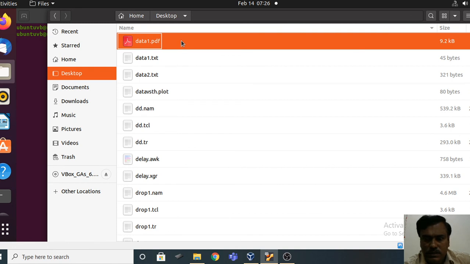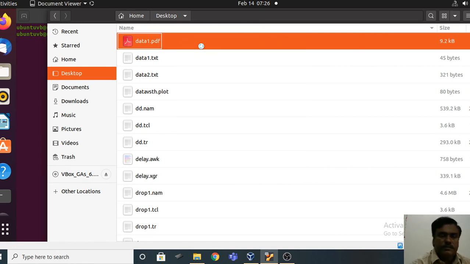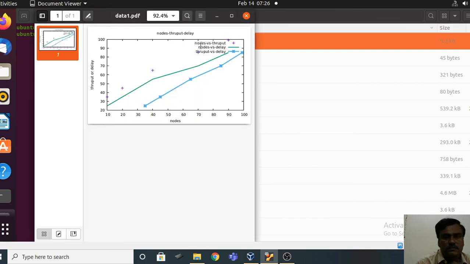You just right click and open with document view. So this is the graph that I have plotted,